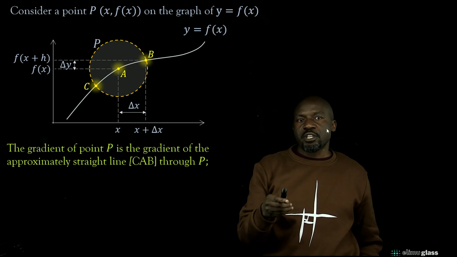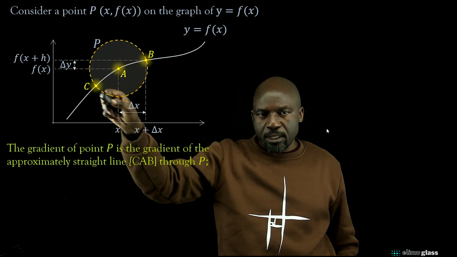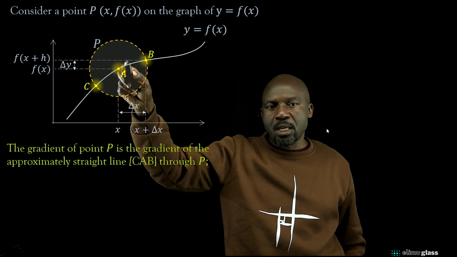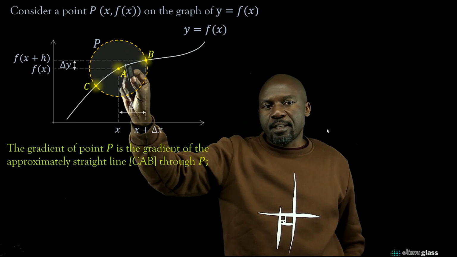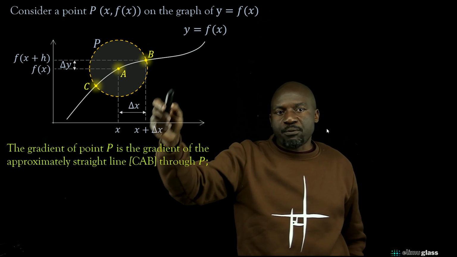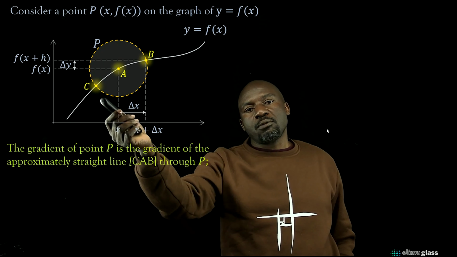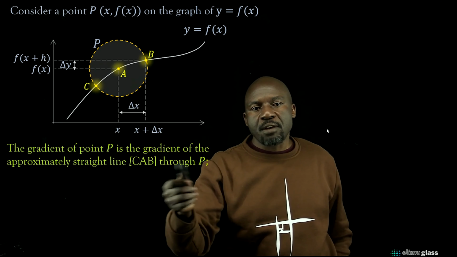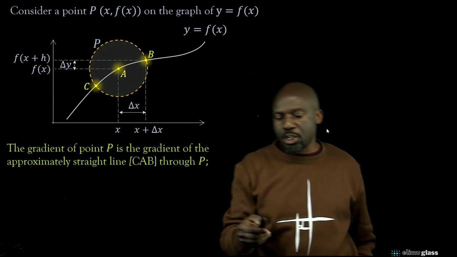So as we make the radius of this dotted circle representing point P smaller and smaller, the result is a straighter and straighter line, so that when we find the gradient, it is a better approximation of the gradient than trying to look for the gradient of CAB. And therefore, when I look for the gradient of CAB or line AB, it is an approximation,